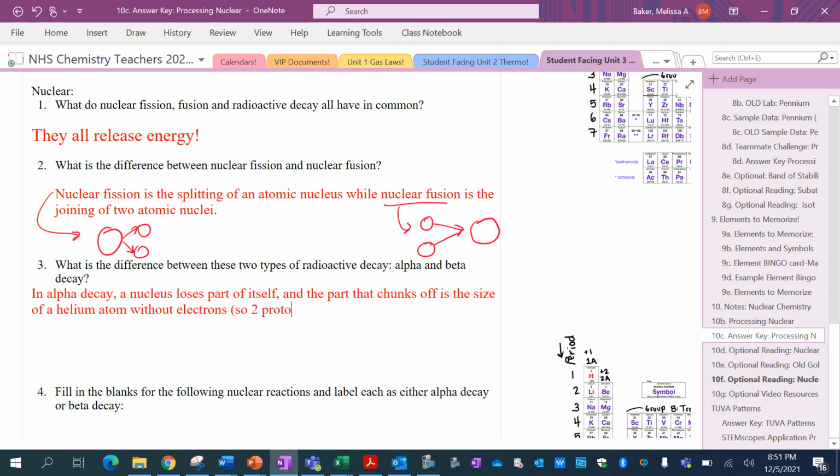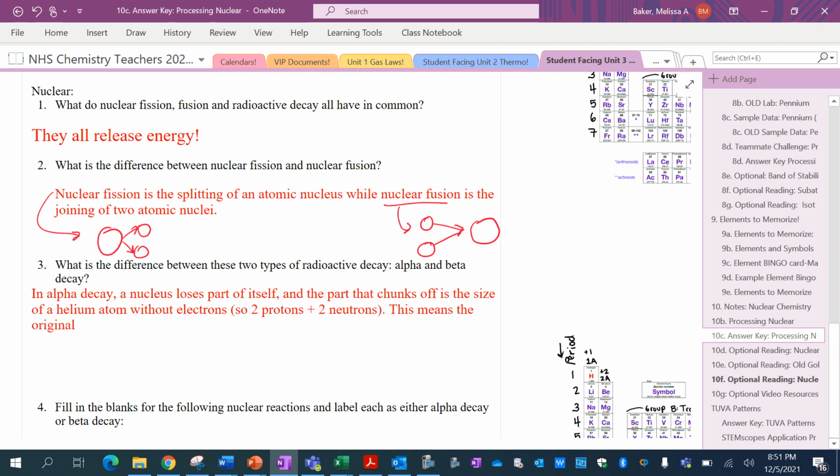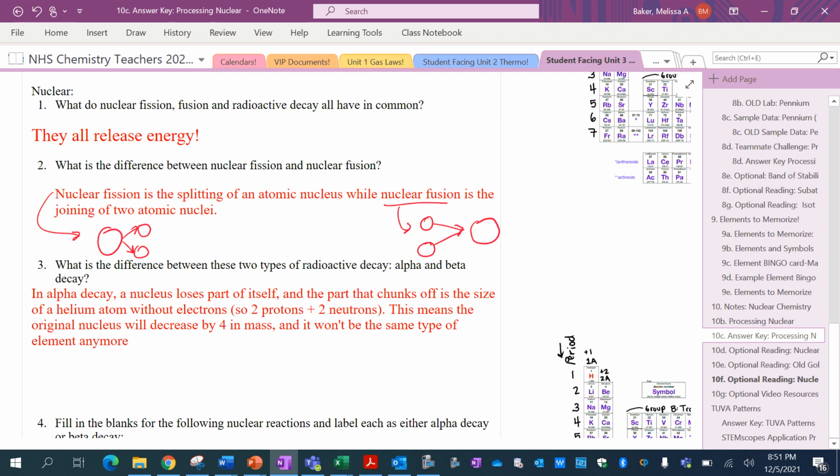So 2 protons plus 2 neutrons. This means the original nucleus will decrease by 4 in mass, and it won't be the same type of element anymore, because it now has 2 fewer protons, so the identity